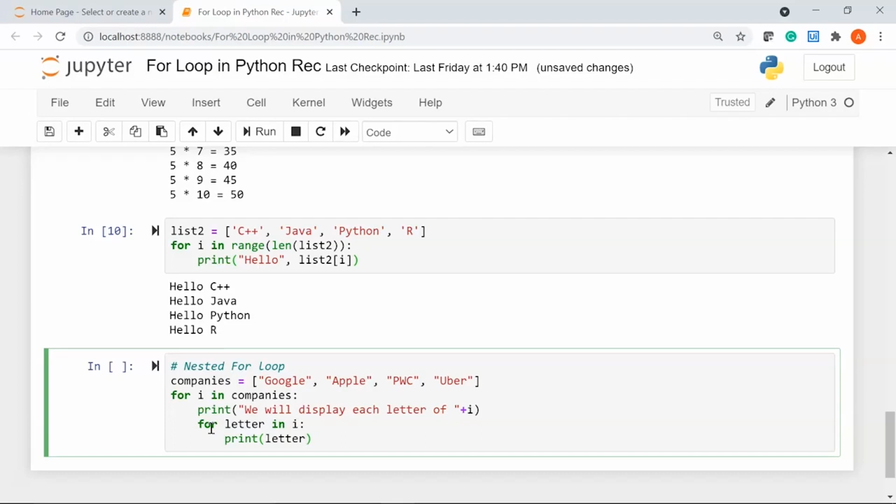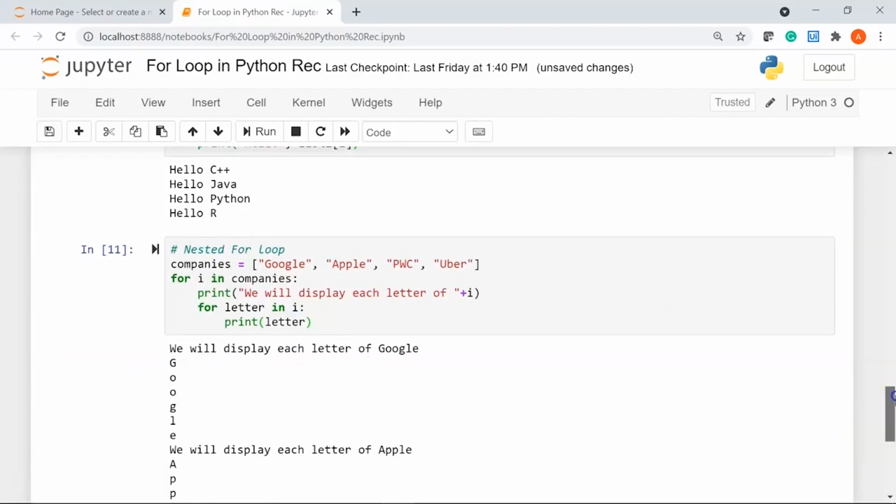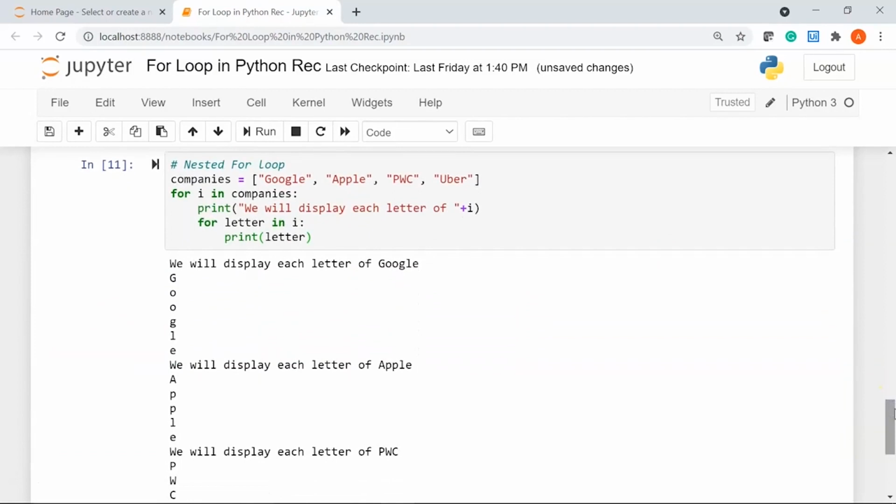Let's run it and see our result. There you go. So here we have used two for loops, so that becomes a nested for loop. We have my outer for loop and then we have our inner for loop. So in the outer for loop we are just printing the name of the company. So here we say we will display each letter of plus i, which stands for my company name Google.